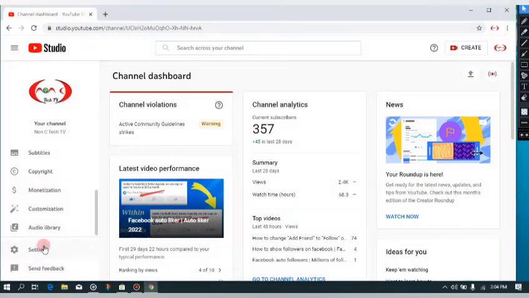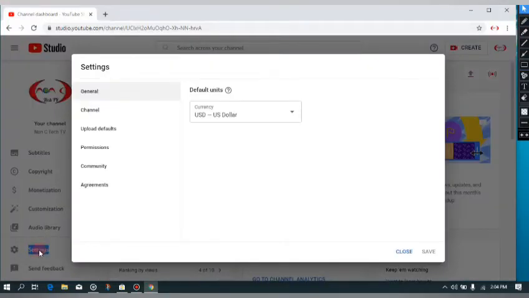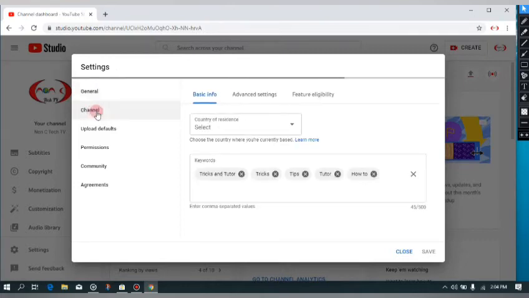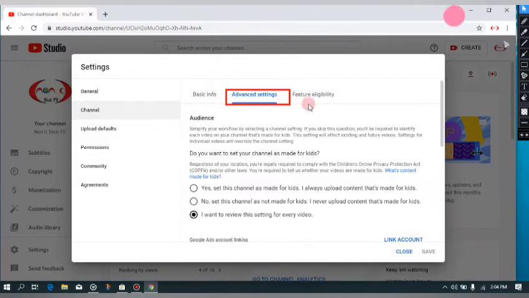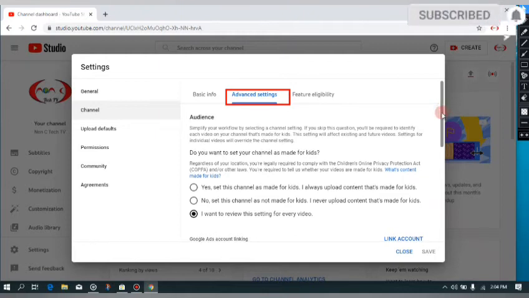Click on settings and click on channel. And then click on advanced settings. Then scroll down